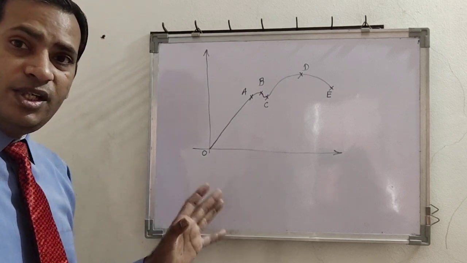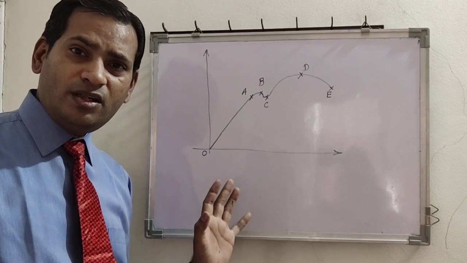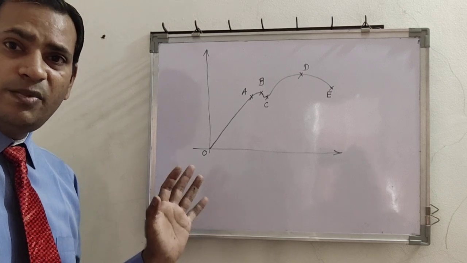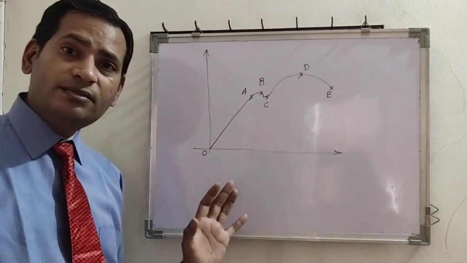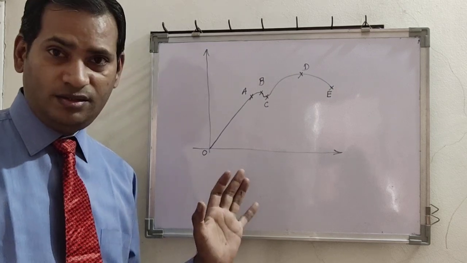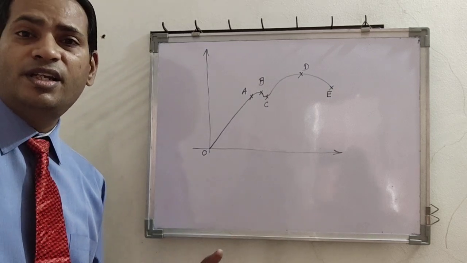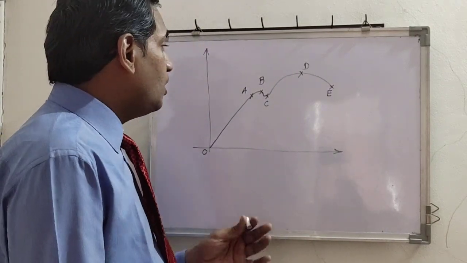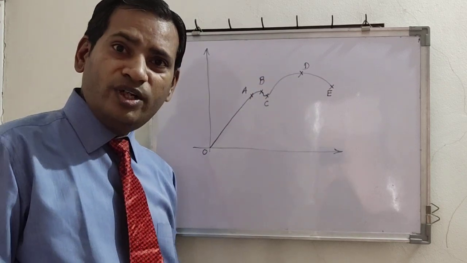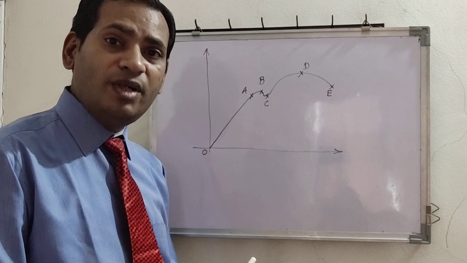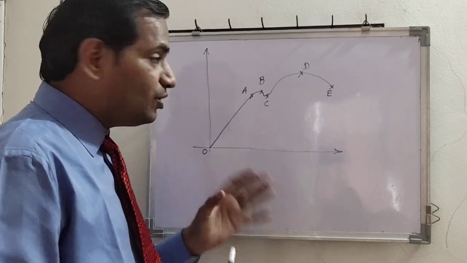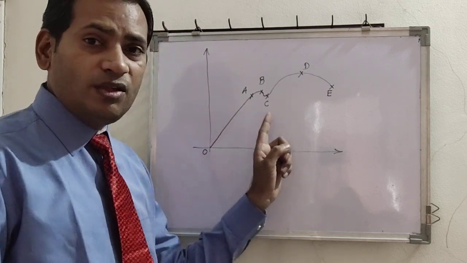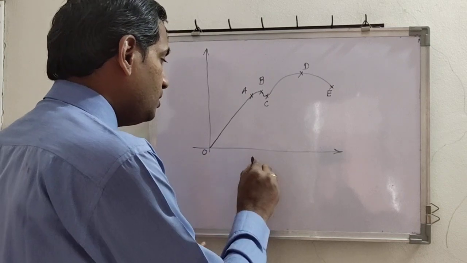However, instead of steel, if now this is reinforced cement concrete material or any brittle material, then we do not call analysis of such materials as plastic analysis. We term them as inelastic analysis. This is the difference between mild steel analysis and brittle materials analysis. Okay, so up to point C, we are now going to assume the behavior of material. Now actually what happens when you are assuming stress strain curve up to C, we shall see shortly.